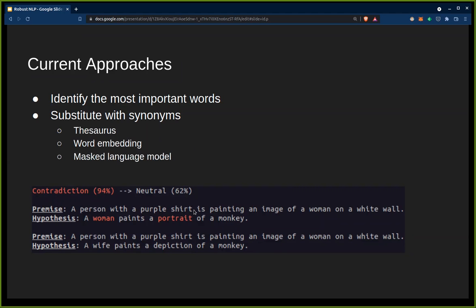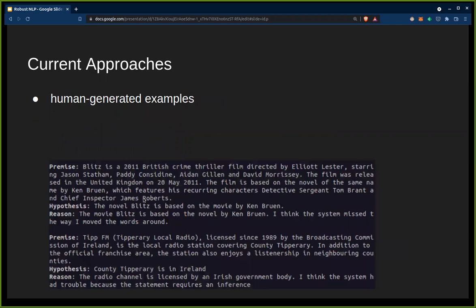Once you pick the words you want to substitute, you can do it in a bunch of different ways. You could just look up synonyms in a thesaurus, or you can use word embeddings, or use another language model to pick out words. Here's an example. It picks out these two words as important and then changes them to synonyms, and this actually fools the model.